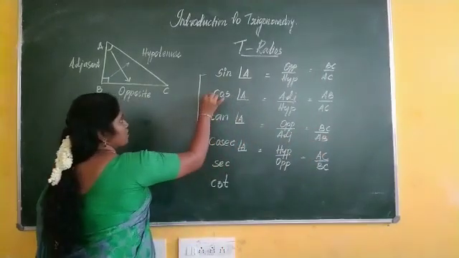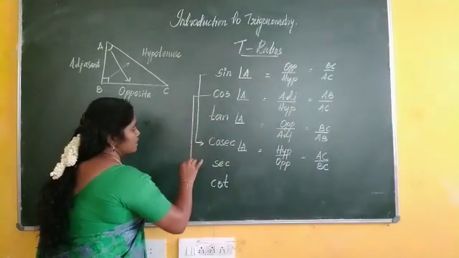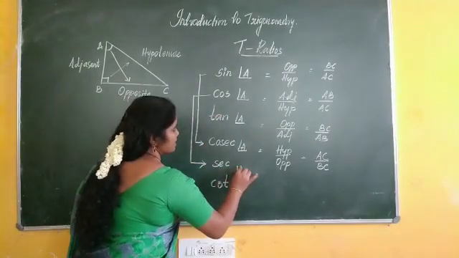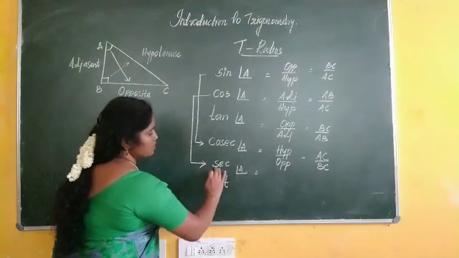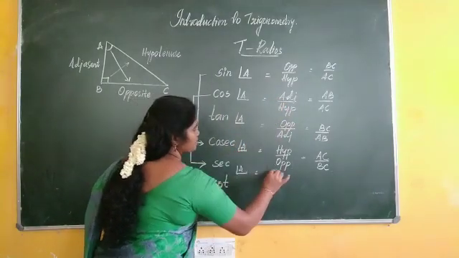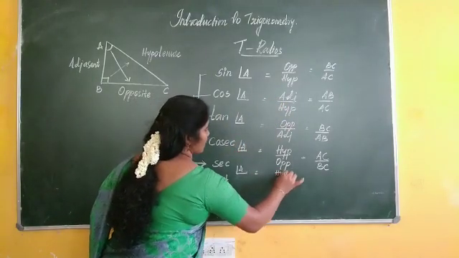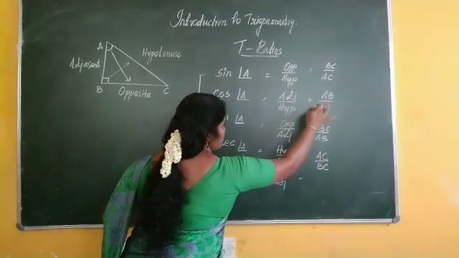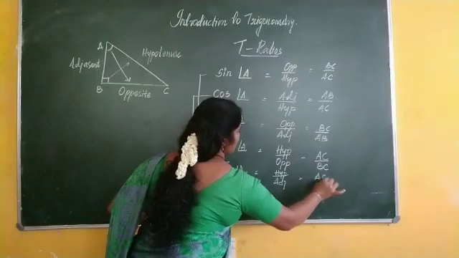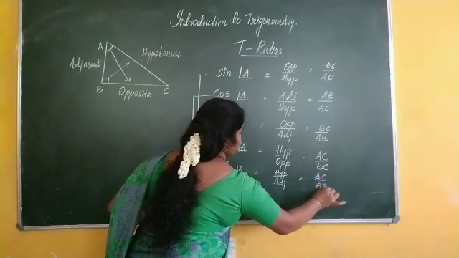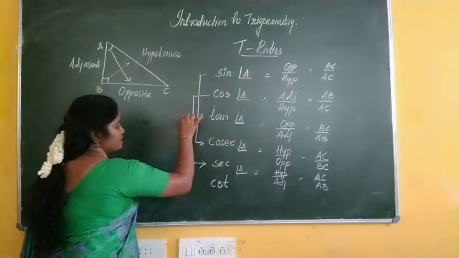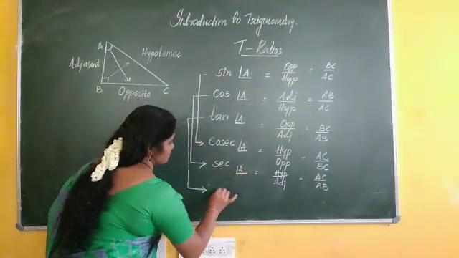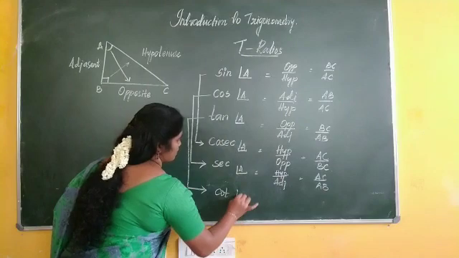Now we'll see what is sec. The reciprocal of cos A is nothing but secant A. So cos is adjacent by hypotenuse, and here it is nothing but hypotenuse by adjacent. So when you have AB by AC, it works here as AC by AB. Now tan. Tan's reciprocal is cot A. So when you see that